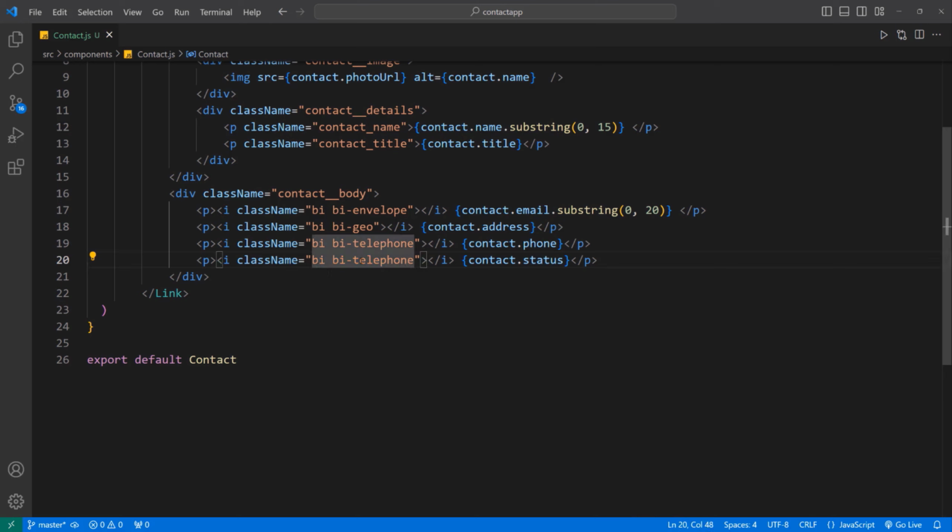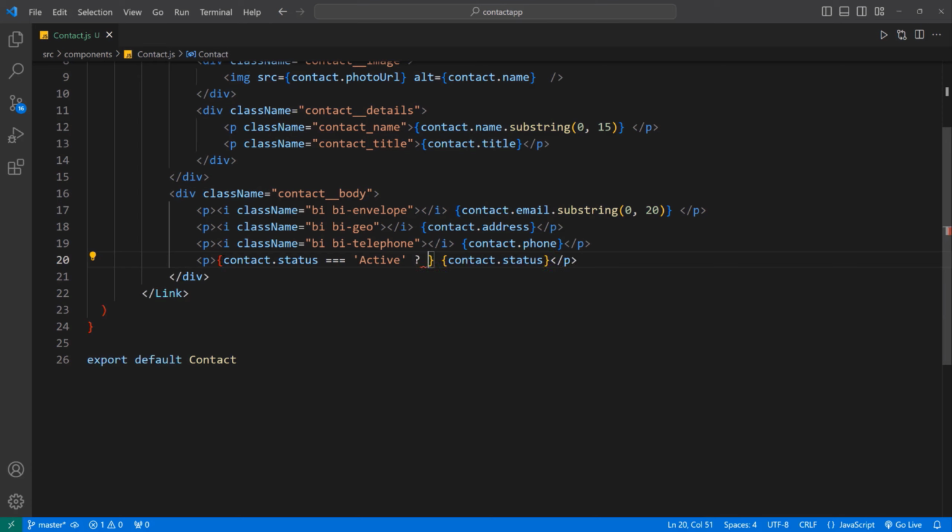Okay, so we're going to change this to show a little check mark. Otherwise, we're going to show an X, which means that the contact is inactive. So maybe you guys didn't pay attention to this when I gave you the demo at the beginning of the course, but you're going to see that in action whenever we're using this component. So to do this, inside of the P, I'm going to open and close curly braces, and then I'm going to check for the status. So I'm going to copy this status, and then I'm going to say if the status equals active,